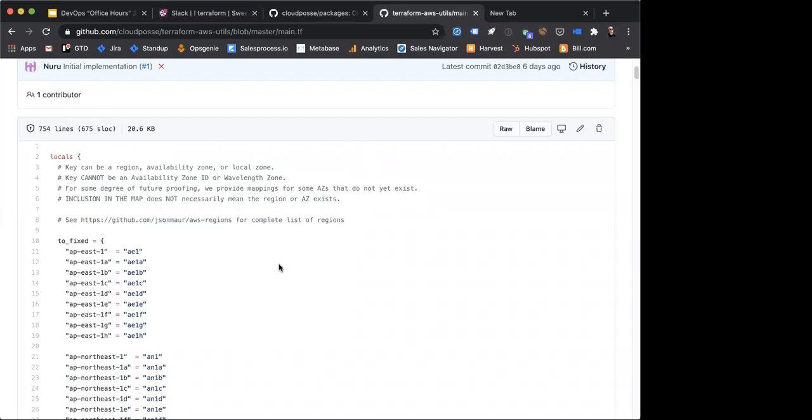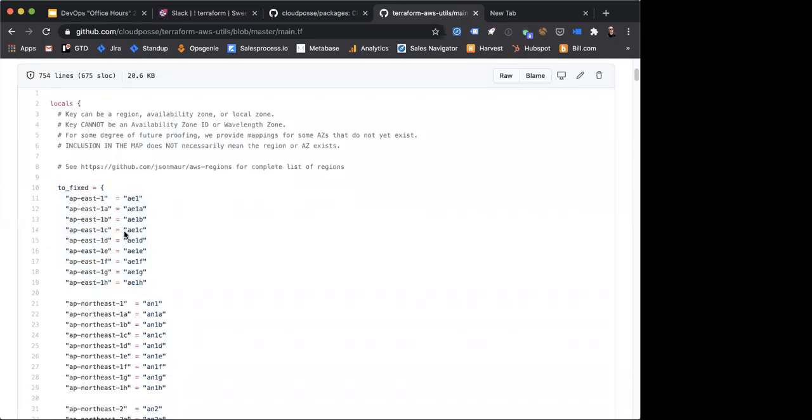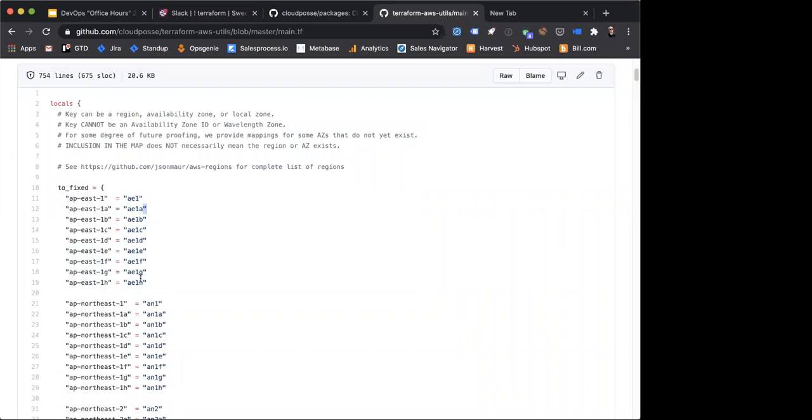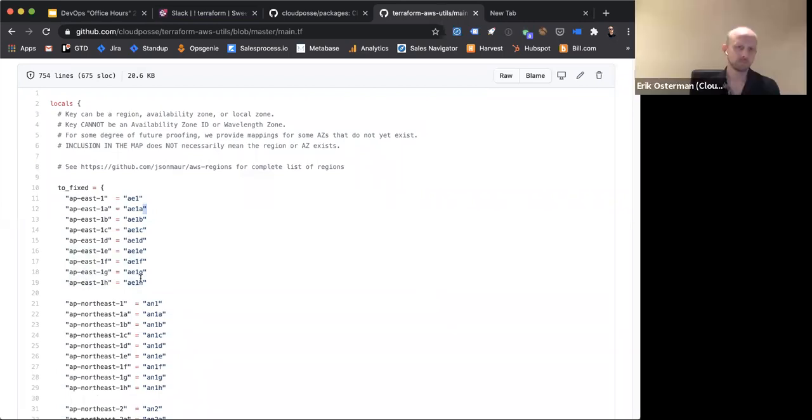Yeah. We have 2 naming schemes. This one you see at the top here, too fixed. That is the naming scheme where all the regions are coded as 3 characters and all the availability zones 4 characters. The fixed refers to fixed length. And that is the one that has some weirdness and anomalies and things that you might not like.